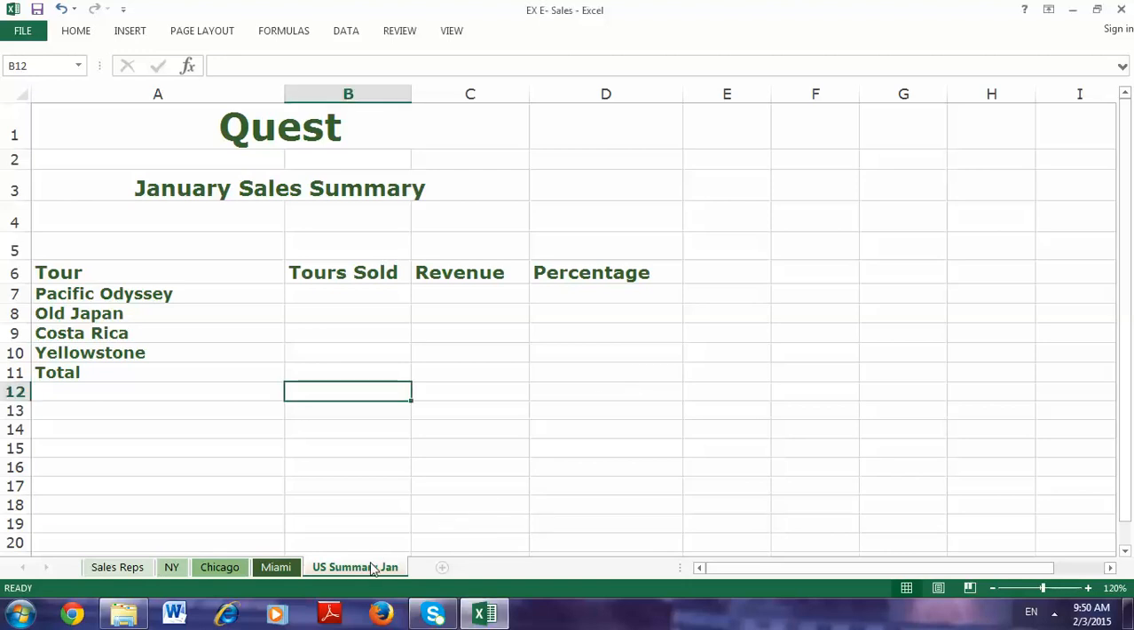Now click the US Summary Yen Sheet tab. Because the US Summary Yen Sheet, which is the consolidation sheet, will contain the references to the data in the other sheet, the cell pointer must reside there where you begin entering the reference. So now click cell B7, click the Formulas tab,